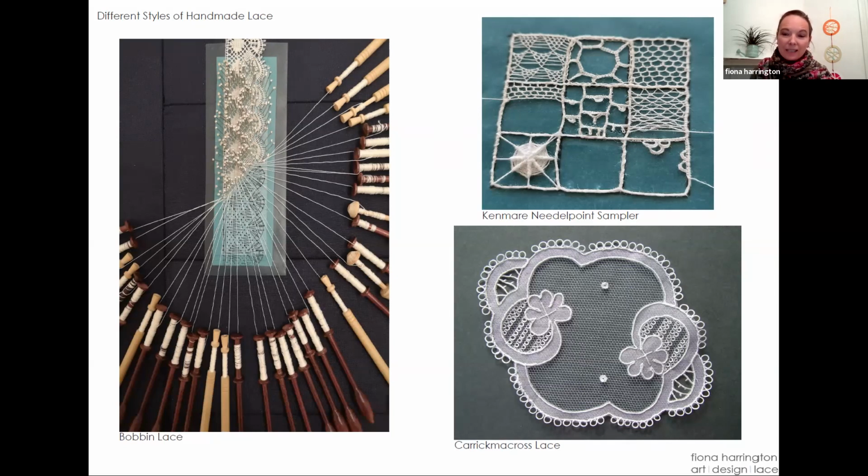To begin needle lace, you place the pattern on the green fabric, and then you outline the lace with a thicker thread. And once you've done the outline of your pattern or design, you can then start to fill in the open spaces with lots of different styles of decorative stitches. If you look at the sampler there, there are 9 different squares, and in each of those squares, there is a different needlepoint lace stitch. And really, when you're learning how to make lace, this is how everybody starts. They start in little squares. And once you've mastered how to do the stitch within a square,